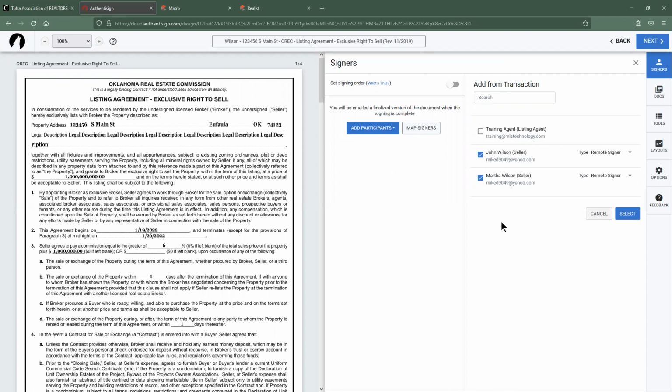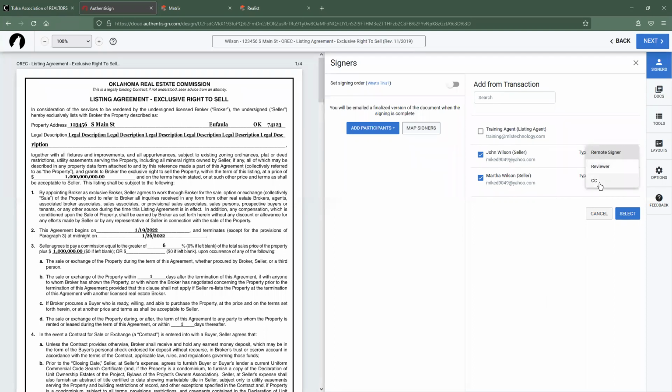Now, one of the only things that they've actually removed from the new system is the option to do an in-person signing. It's still digital. It's still something that you can do on the computer. But the old version of Authentisign actually provided an in-person option so that the email would go to you as the listing agent. Since that function wasn't really getting as much usage as I think that they were hoping, they just decided to eschew it and get just the options that people are using the most,